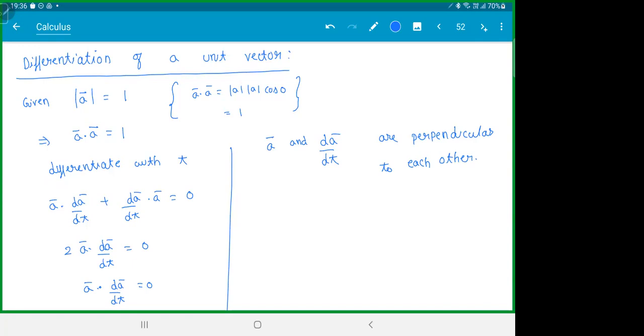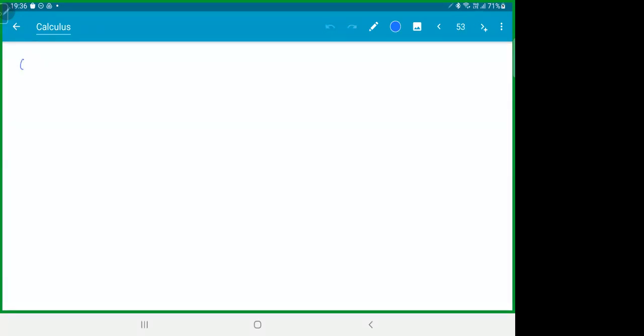All clear with this? Now, why is this happening? Let's see that part. If you try to see this geometrical interpretation,